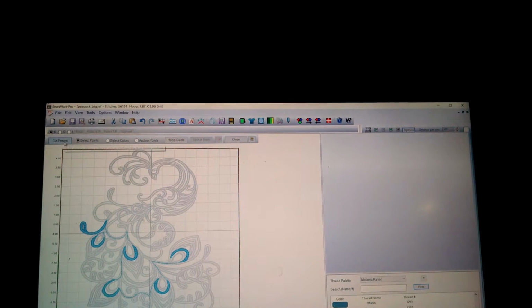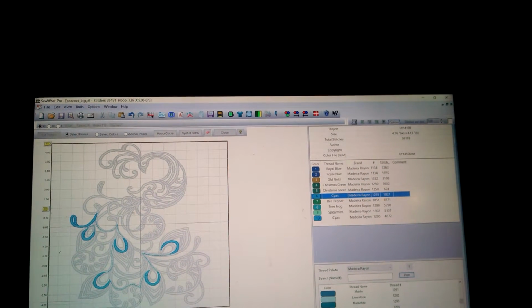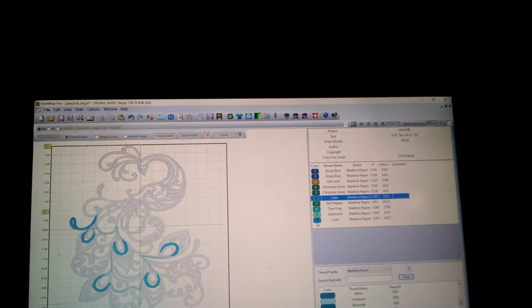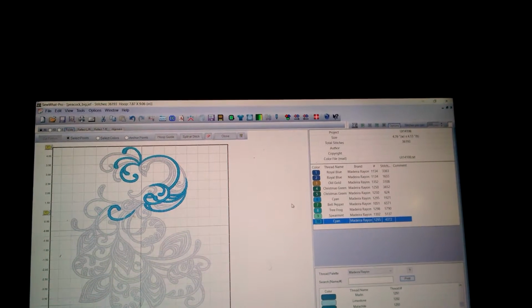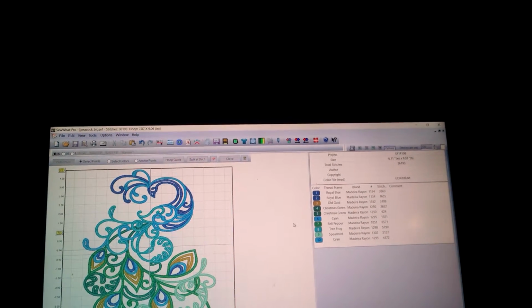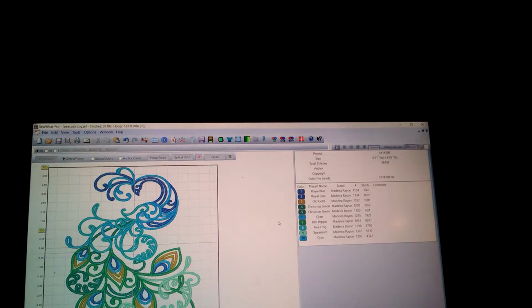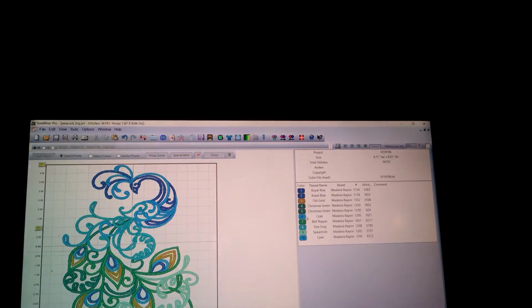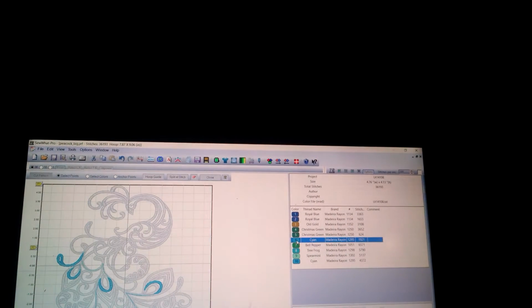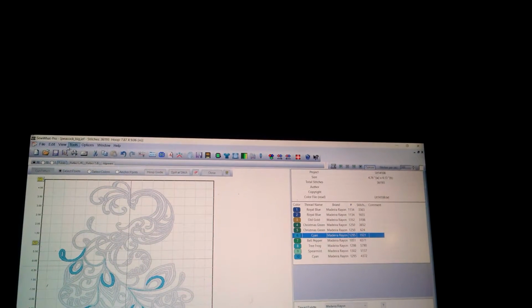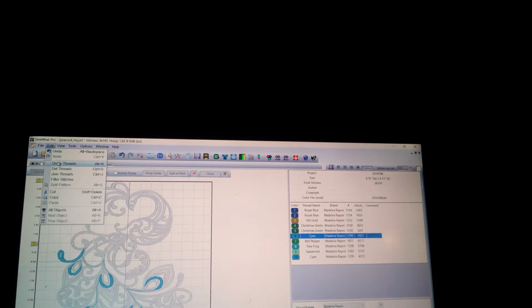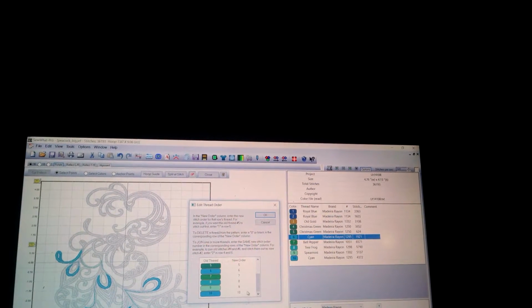Cut pattern. And then, let's see how that looks. You know, I could probably get away with that, but I'm not going to leave it like that because for consistency's sake. So this is 6, so I'm going to go to Edit, Order Threads, last time, 6, this needs to be 7,